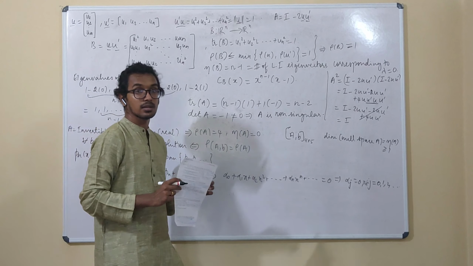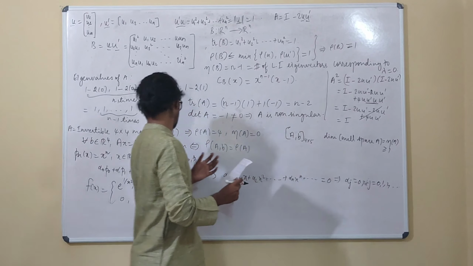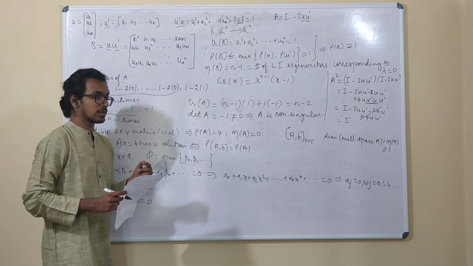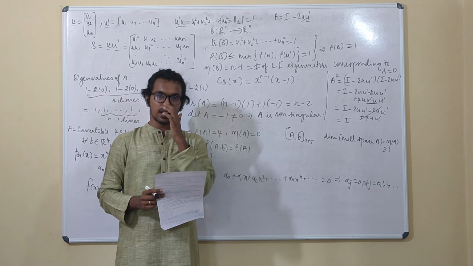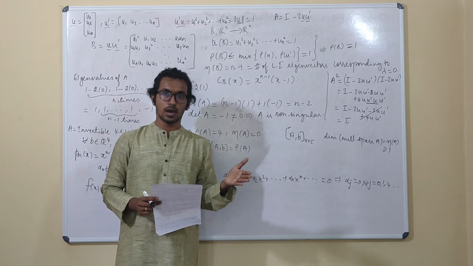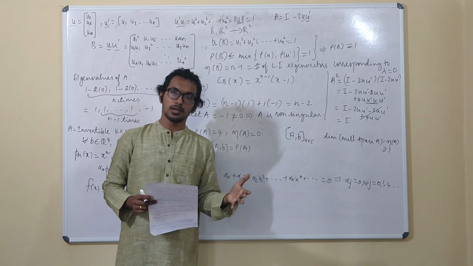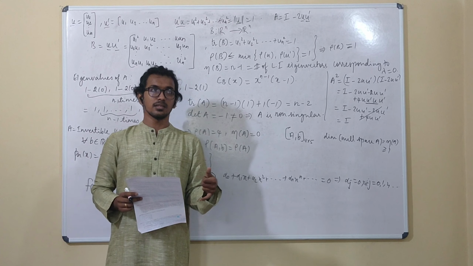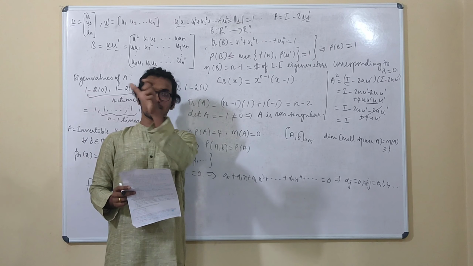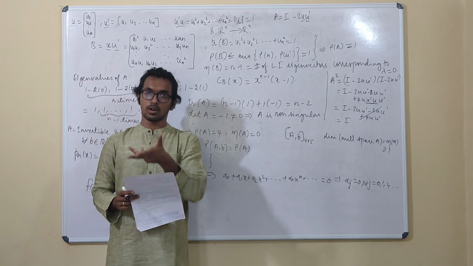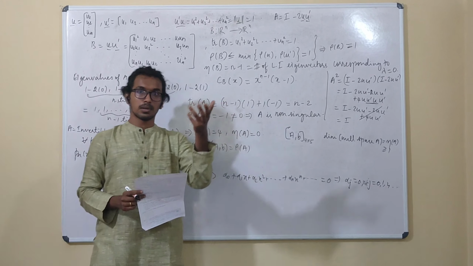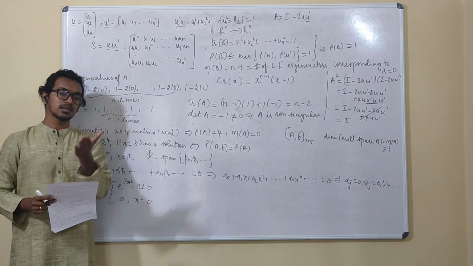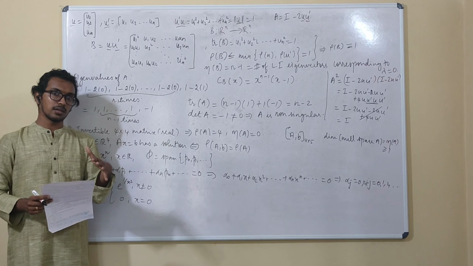In option 4, it is said that trigonometric functions belong to this set, which is not possible. You may think that sine and cosine have a Taylor series expansion. Yes, of course they do, but it is a non-terminating one. Because of the non-terminating nature, you can define sine of 1 upon x, that is also a trigonometric function, but that fails to be differentiable at the point 0, hence it cannot have a Taylor series expansion.